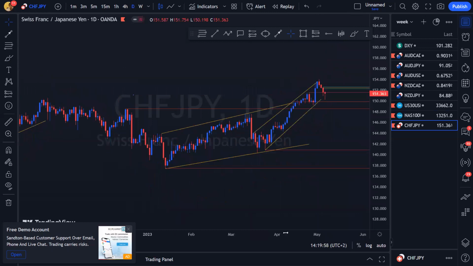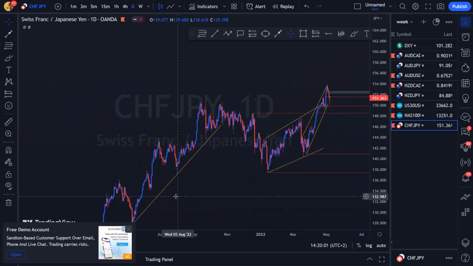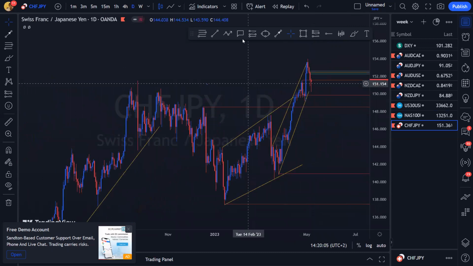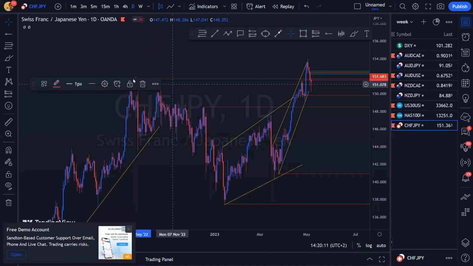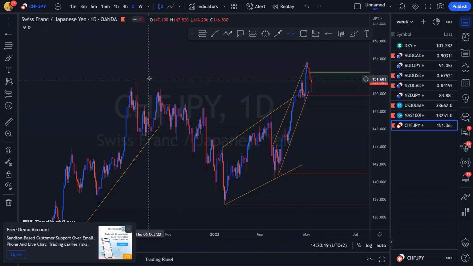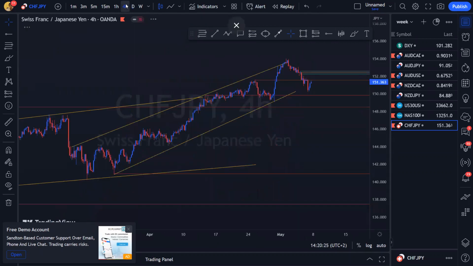But in conclusion, maybe let's just look at the high time frame structure one more time. On a daily, I'm just going to take into account context as to where we are within the structure and what's happening where we are right now. I can see that I'm at this resistance area over there. Obviously, price action is there. We broke above and we broke back below. So obviously, corrective price action, because price action was able to break and close above and break back and close below the structure.